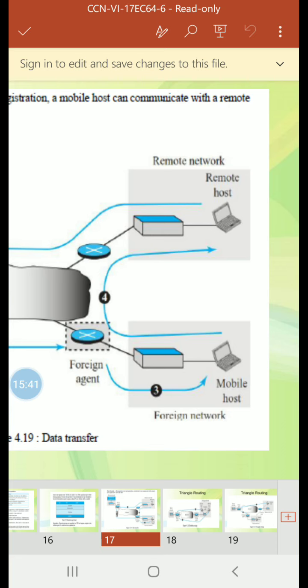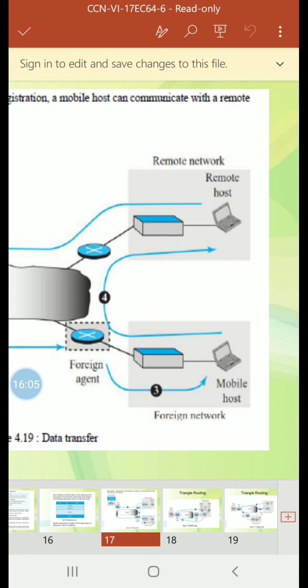Put another way, the remote host sends a packet as though the mobile host is at its home network. The packet, however, is intercepted by the home agent, which pretends it is the mobile host, and this is done using the ARP technique.